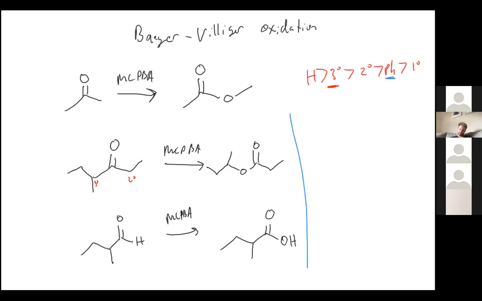This is going to refer to as if we have something like this ketone that is next to a benzene ring if we add an MCPBA. Because phenyl is higher than primary here, this is going to be able to insert and generate